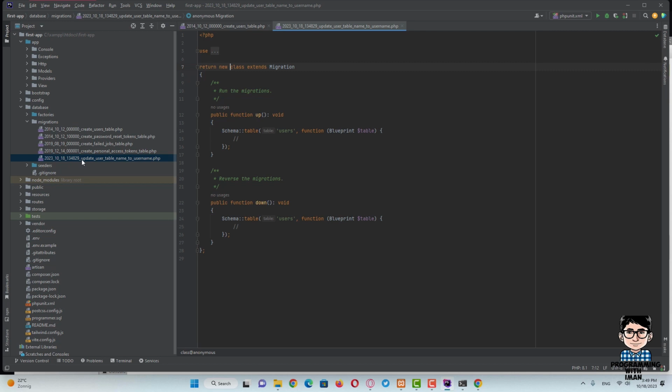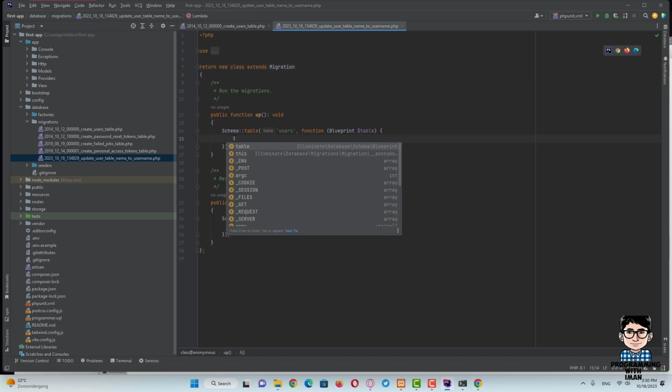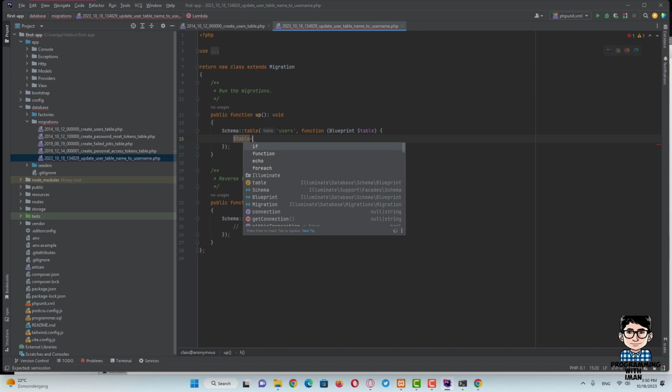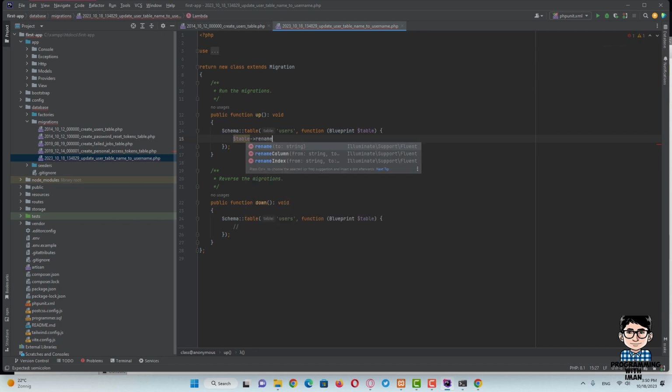Open this file. You can see the table name here, users. We want to update this table. Type here $table->renameColumn('name', 'username');